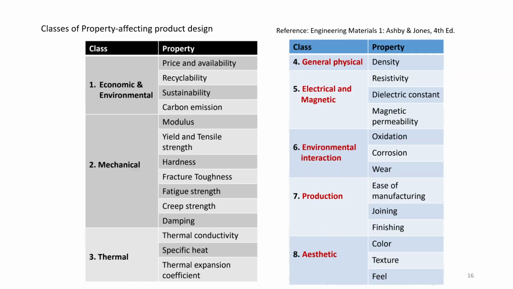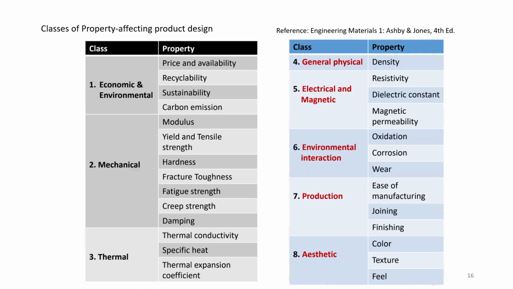In general, you have physical properties, density. Electrical and magnetic, you have resistivity, dielectric constant, magnetic permeability. Next you have environmental interaction, which are oxidation, corrosion and wear resistance. Then you have production, such as ease of manufacturing, joining and finishing. Okay, how easily you can join your material, how easily you can finish, surface finish the material, how easily it is